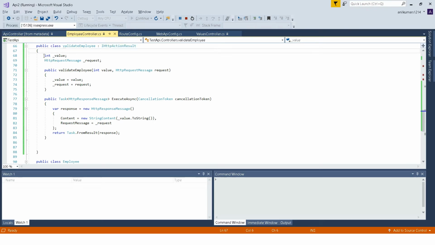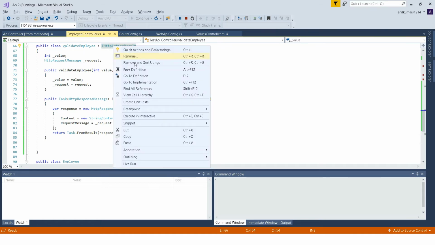I have declared two variables, an int value and an HttpRequestMessage. I wrote a constructor with value and request. This value will be the ID which you are passing, and this is the request, the same request which we are returning. So what is this ExecuteAsync? It is from IHttpActionResult.